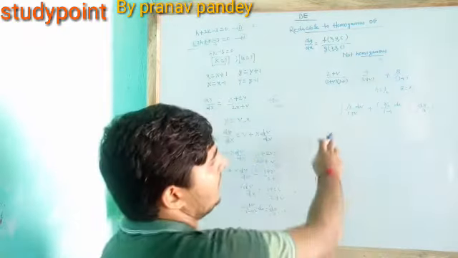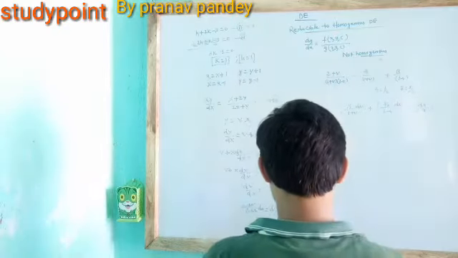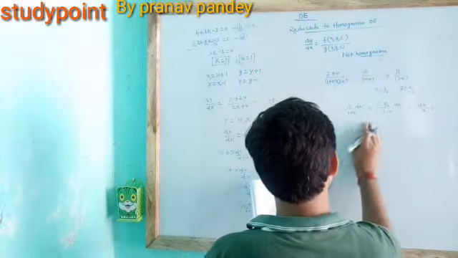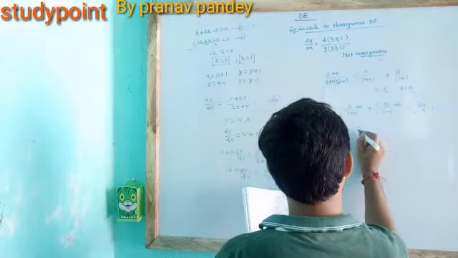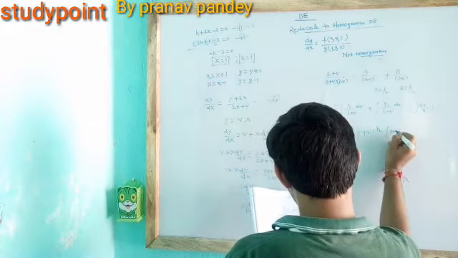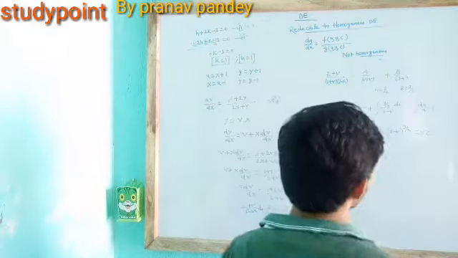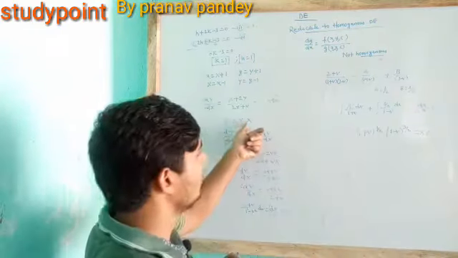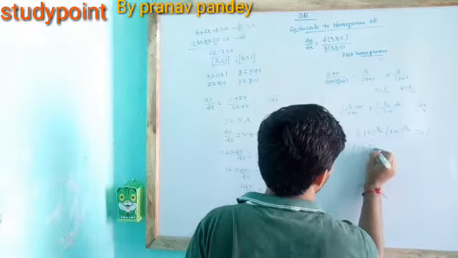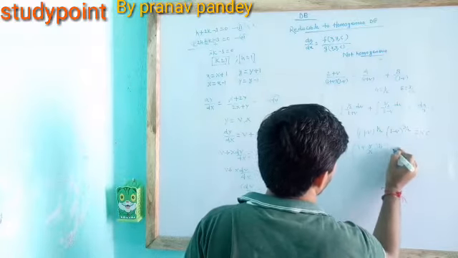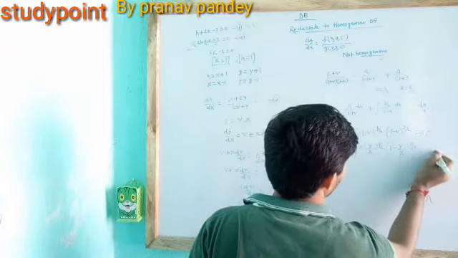When you integrate this relation, lastly you will get an equation: (1 plus v) to the power half into (1 minus v) to the power 3 by 2 is equal to xc. We took y is equal to vx, so v is equal to y by x. We can get (1 plus y upon x) to the power half and (1 minus y upon x) to the power 3 by 2 is equal to xc.